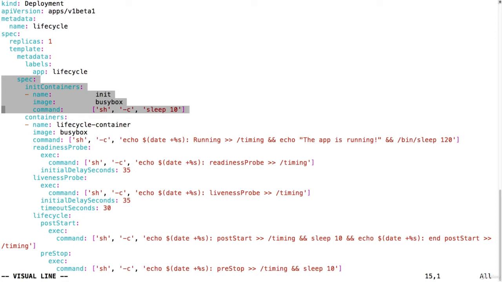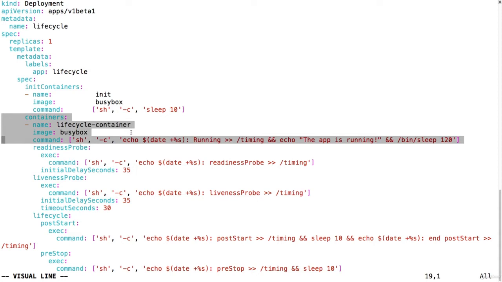This is a separate container, just like I showed you in the previous lecture. So we also define an image and a command that will be executed. This container is just going to sleep 10 seconds and then exit. Then we have our main container, the lifecycle container, also image busybox, and it's going to write to a file